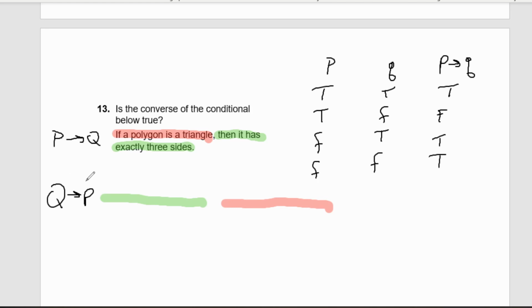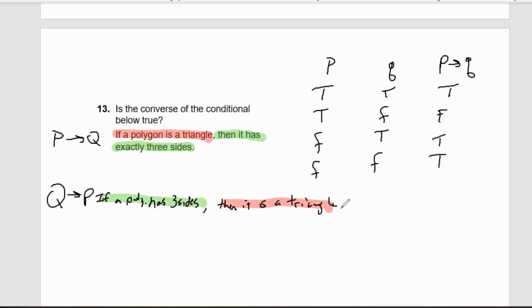So now I need Q first, so it says if a polygon has 3 sides, then it is a